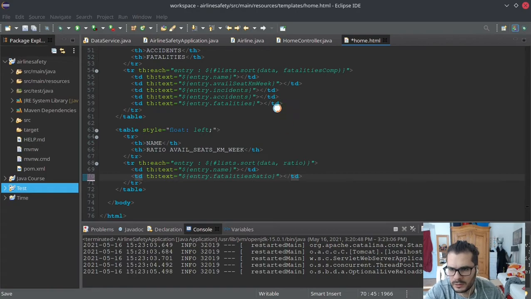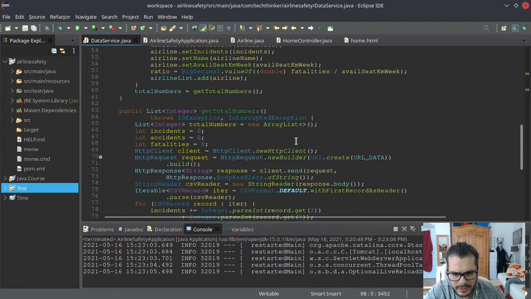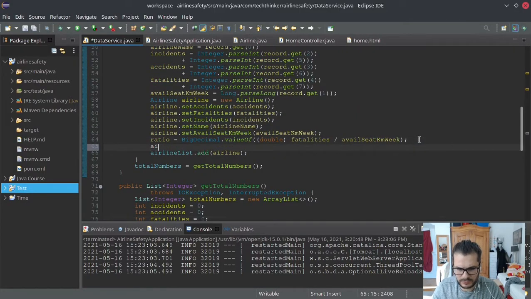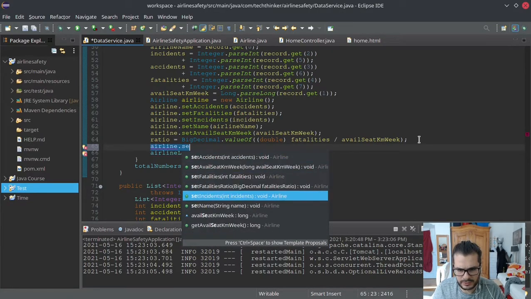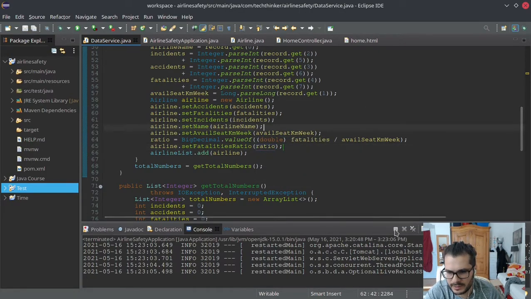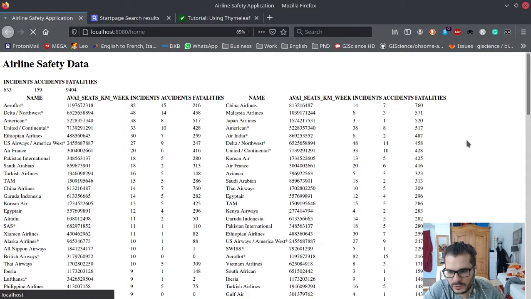ratio. Okay, and I forgot something. I have to add here to the airline a set fatalities ratio, and I add here ratio. Okay, that's it. Now let's start the application. So, and if we just